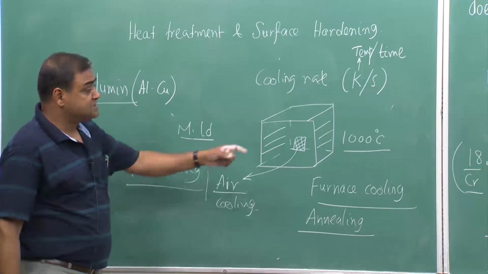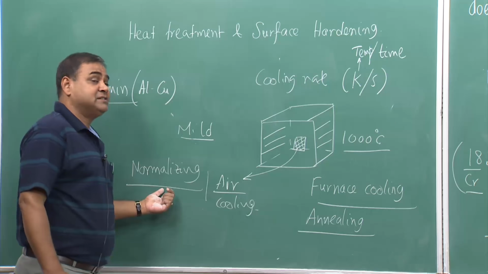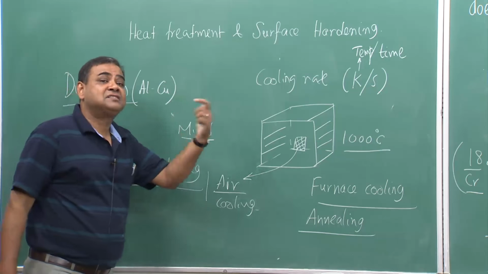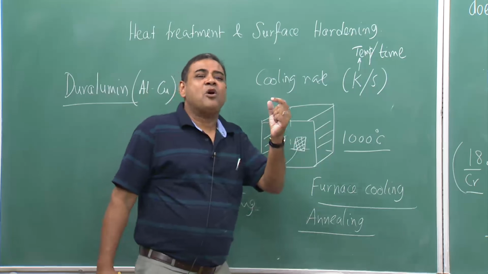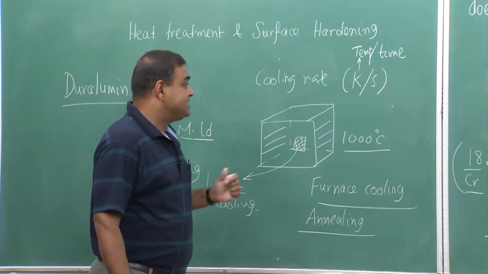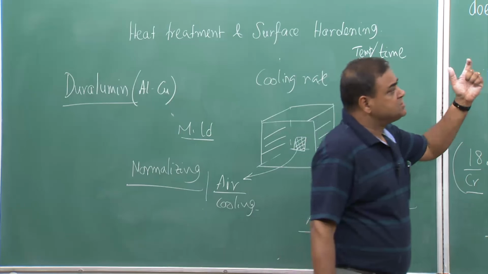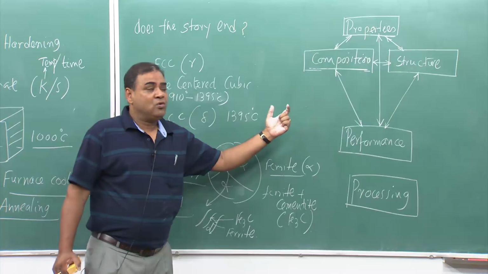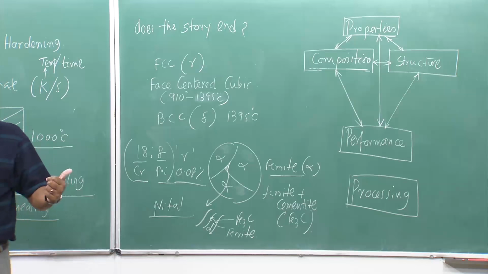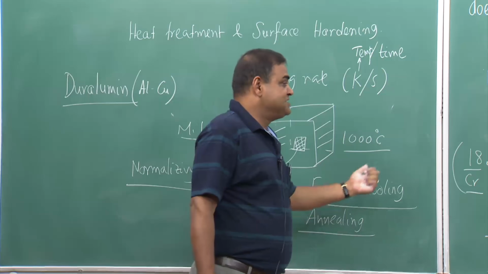To come across this change in microstructure, as the microstructure is getting finer and finer because of higher cooling rate, we are getting higher and higher strength, and of course, the ductility would reduce or the elongation would reduce. That means we are changing properties. So, if we fix the composition, if we fix the structure, we get some properties. Even after that, we have a window of opportunity where we can change the processing condition and change the properties